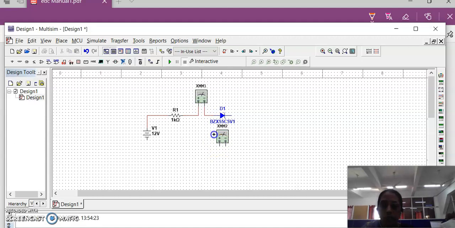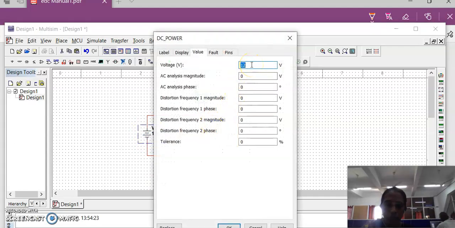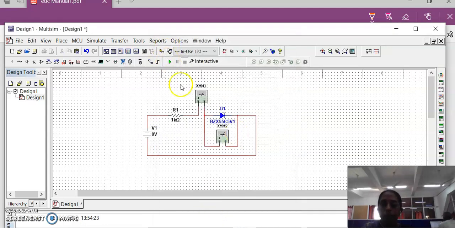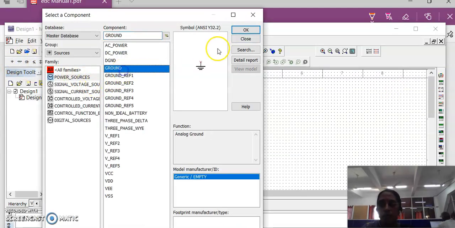After giving all these connections, we have to change this one to 0 volts. Click on OK. We have to apply the ground.